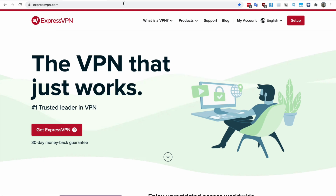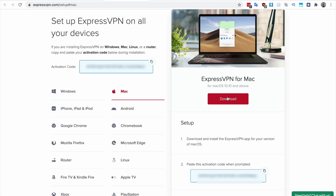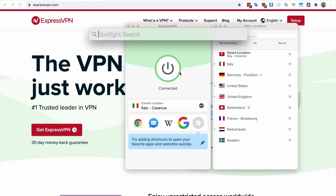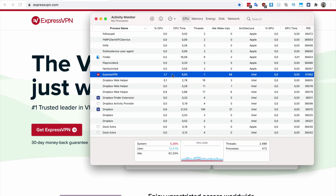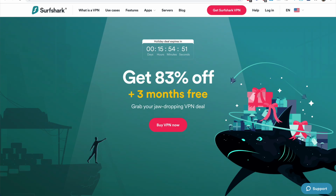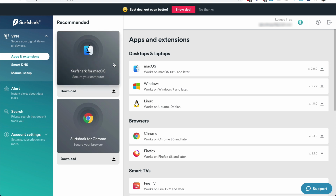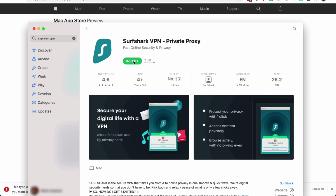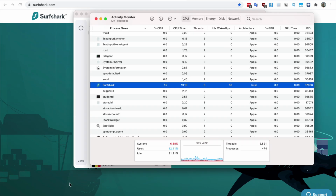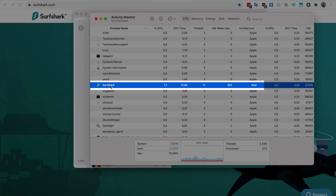ExpressVPN offers their app to be downloaded only from their website and not from the App Store. And when downloaded and opened up, it looks like this. Looking through the Activity Monitor, we can see that it's also still running the Intel architecture. Moving on, Surfshark gives you the option to download their app via their website or through the App Store. After downloading, it looks like this. But if we have a look at the Activity Monitor, we can see that it is also still running the